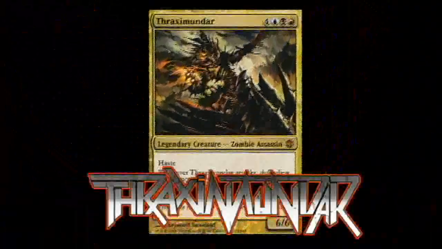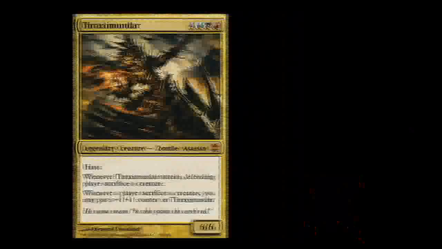Today we take a look at a devastating Grixis colored commander deck that features a general I consider to be a rockstar in the Magic world, Thraximundar. Let's take a look. Looking at the numbers on this guy, it's obvious what makes this 6/6 for 7 Voltron